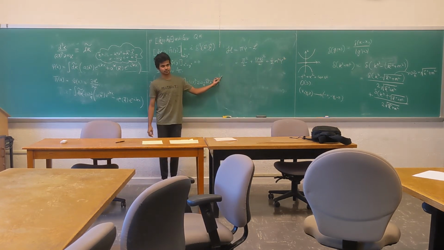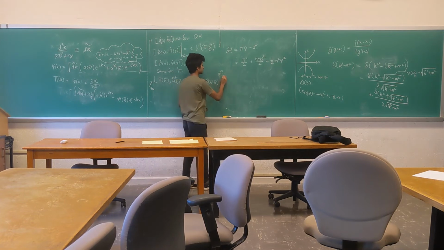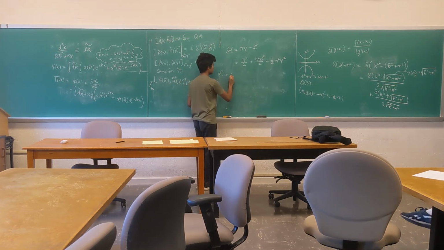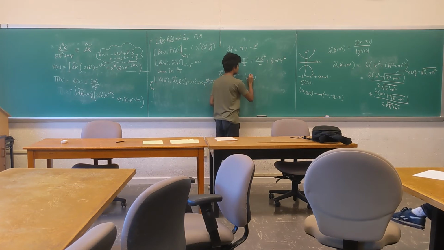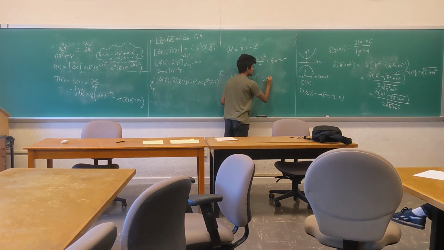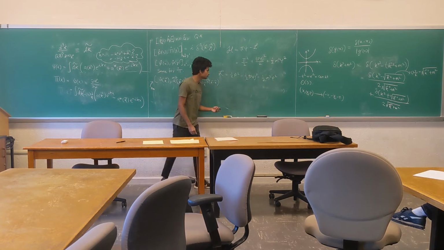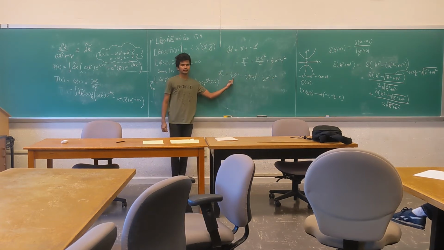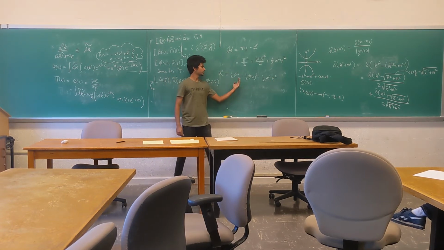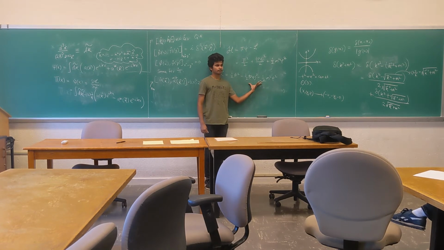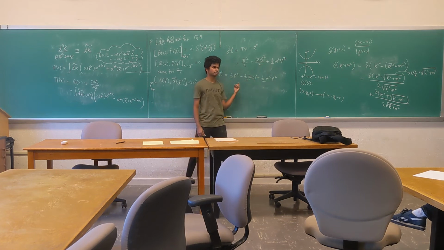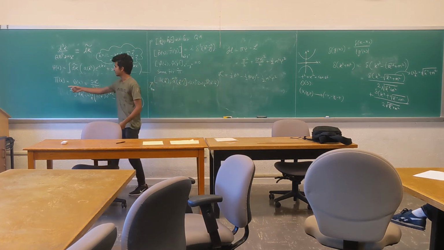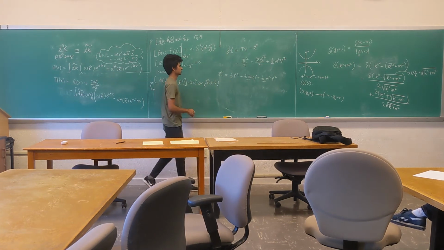This is easy to see as well, right? Because we had the Lagrangian to be half phi dot squared minus half the gradient of phi squared minus half m squared phi squared. So you can think of this as the kinetic energy term and this as the potential energy. So the Hamiltonian is kinetic energy plus the potential energy, but you replace phi dot with pi. That's all we have done.